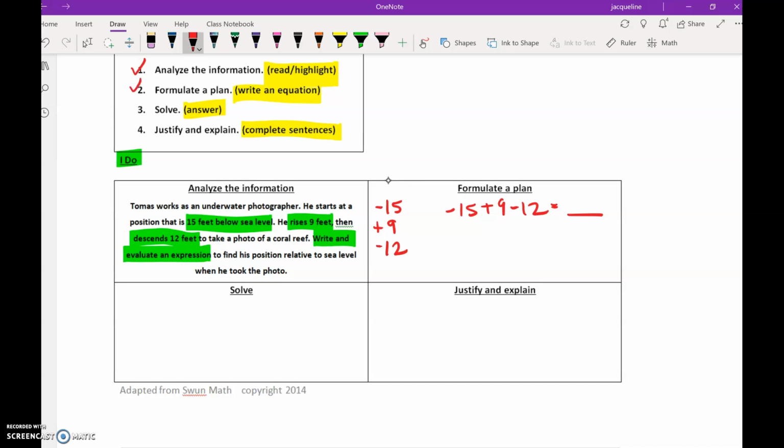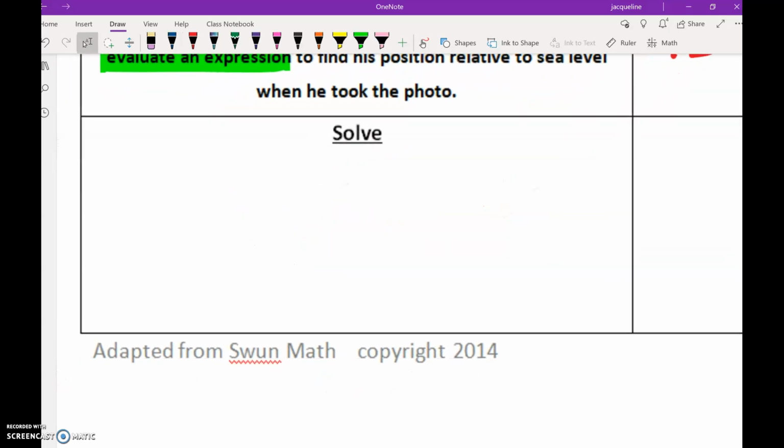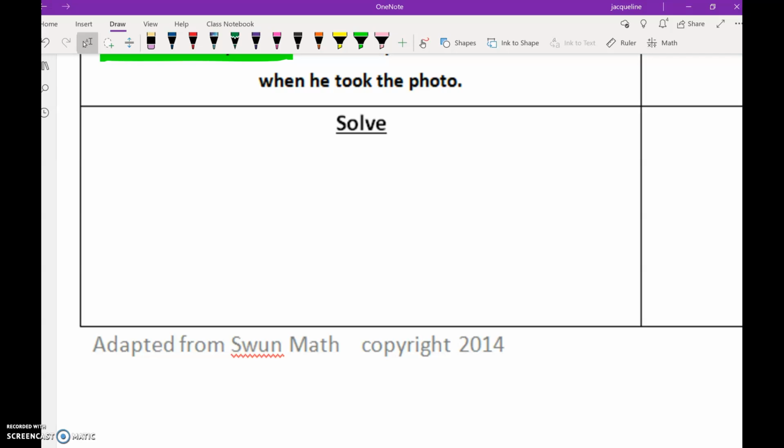Take a look at step 3. Step 3 says to solve, meaning answering that equation. We're going to go back to what we did at problem of the day today. And we're going to regroup integers with the same sign. We're going to combine each group and then we're going to solve. So first things first,